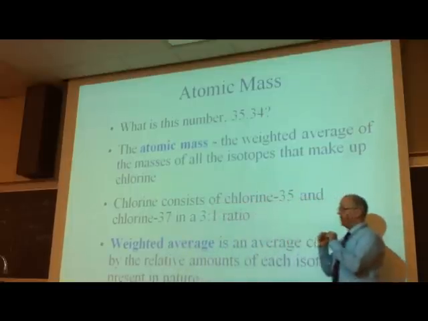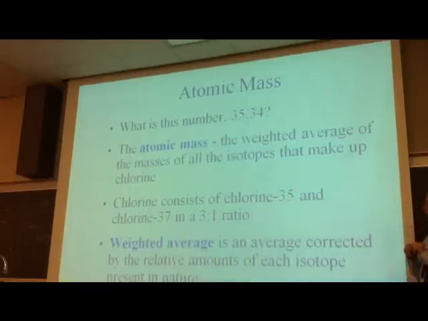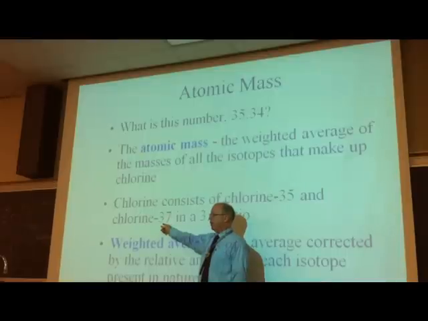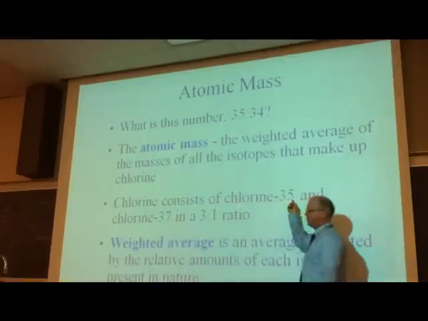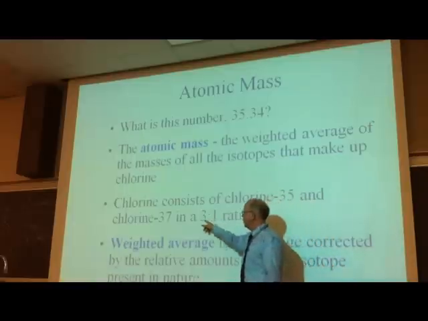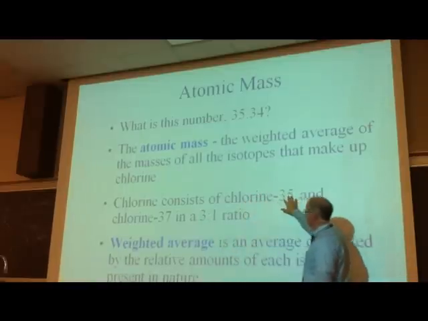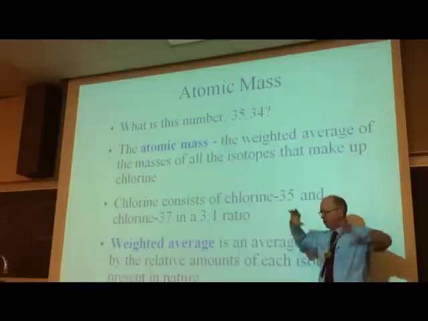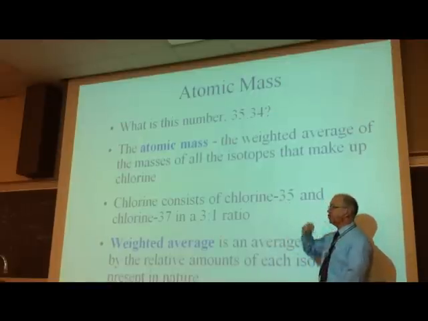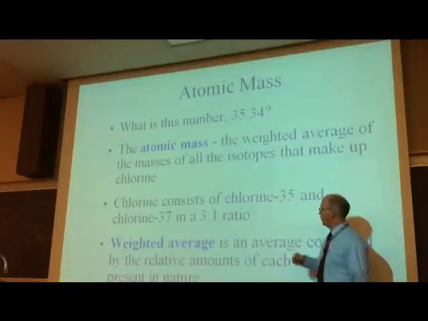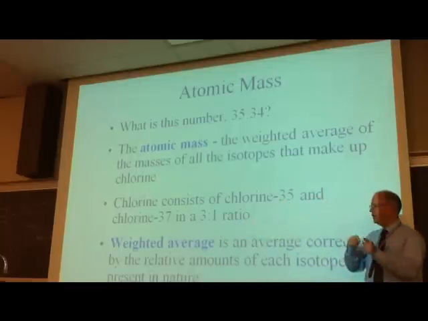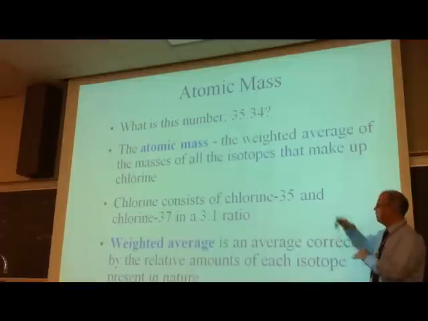If it is, and it is, atomic number 17, how many neutrons does chlorine 37 have? 20. And this one has 2 less, so 18. What they're saying is that in the world there's a 3-to-1 ratio. So for every natural collection of chlorine, like sodium chloride in your salt shaker at home, 3/4 of it is this, 1/4 of it is that. If you look in the slides, you'll see that you can come up with that number